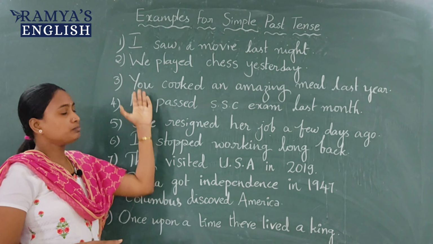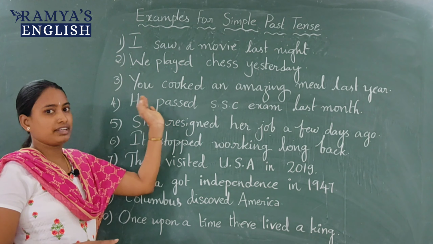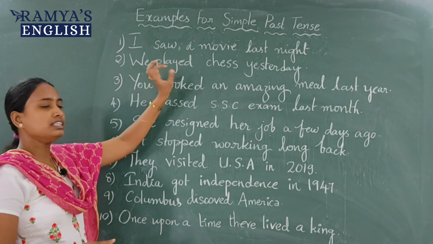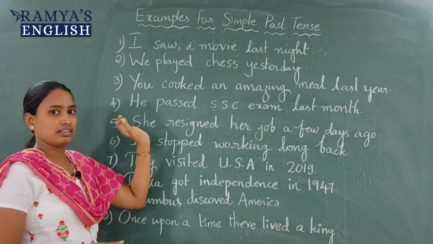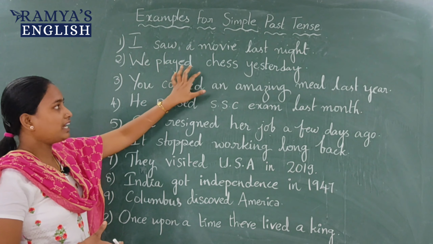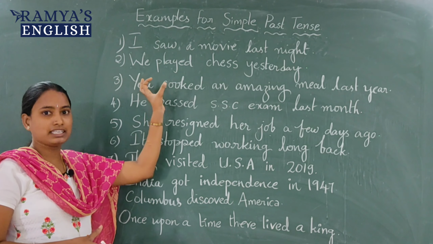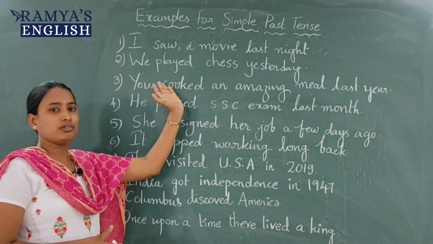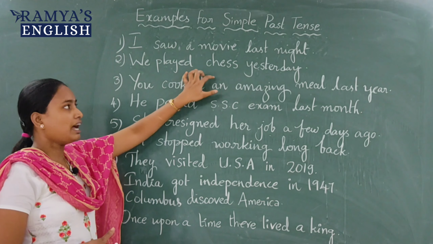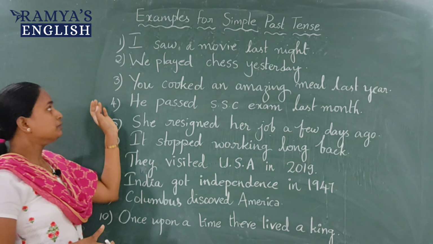So you can also tell this sentence in another way using present perfect tense, if that action has happened just now or just before you spoke. We have played chess just now, but here in this context it is not a just now action. It already happened yesterday. So this is the past action.